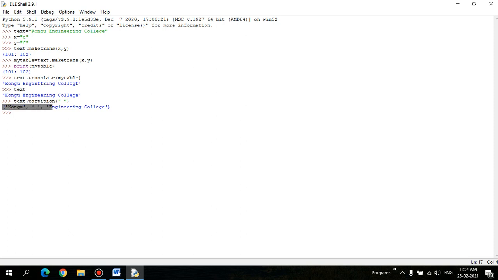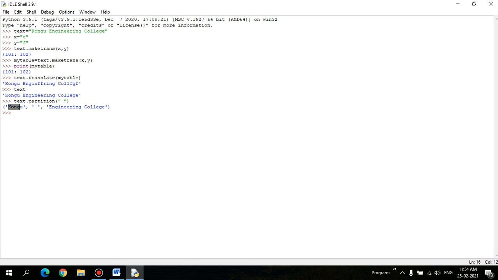The thing I'm searching for here is a space, and it will search from left to right. Once the space is identified, that space will be the middle element in the list.